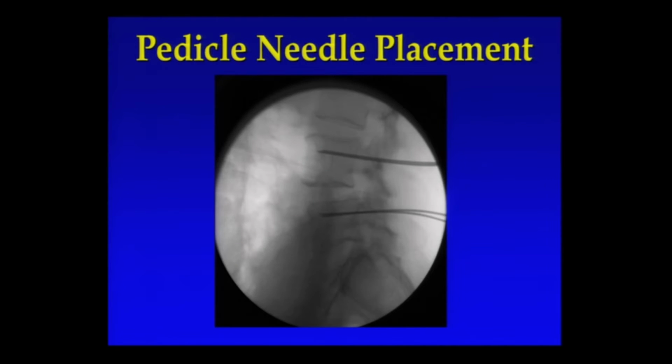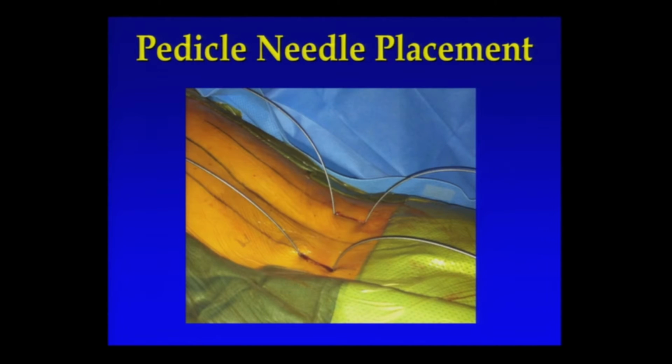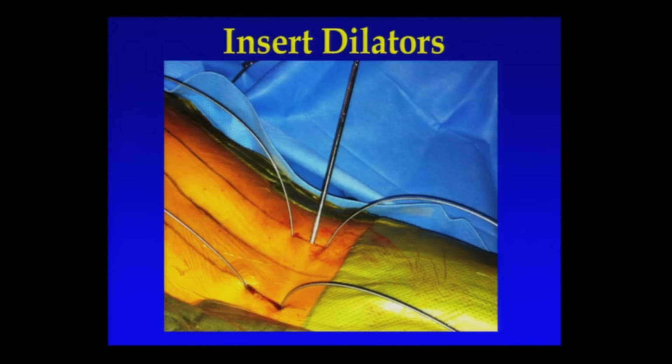And K-wires were inserted, which maintain your pedicle pilot holes, but let you maximize your real estate. Again, these are small 1-inch incisions, and if you go ahead and put your screws in at this point, you would need actually more exposure to work around the screws. So we choose to put the hardware in later, mainly leaving the K-wires in place as a guidance device.